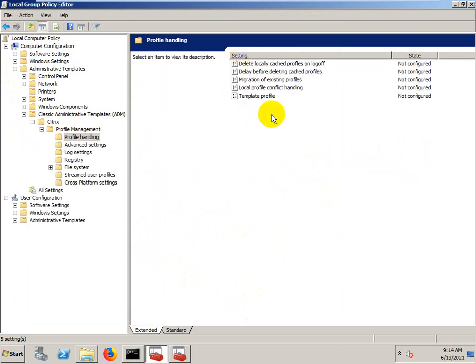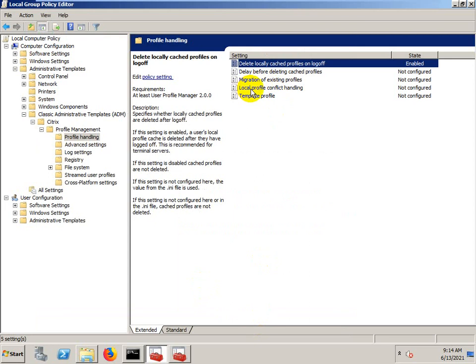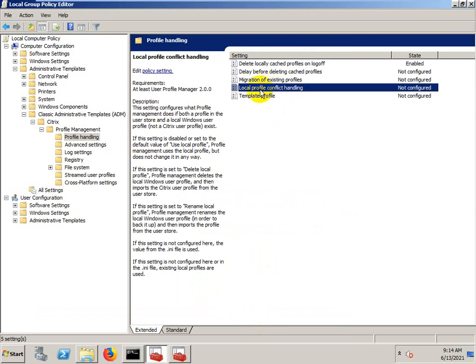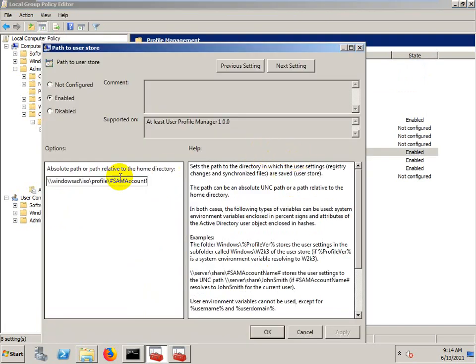Apart from that is the profile handling: delete local cache profile on log off, enabled. Local profile conflict handling. Again I am going to the profile management, path to user store.